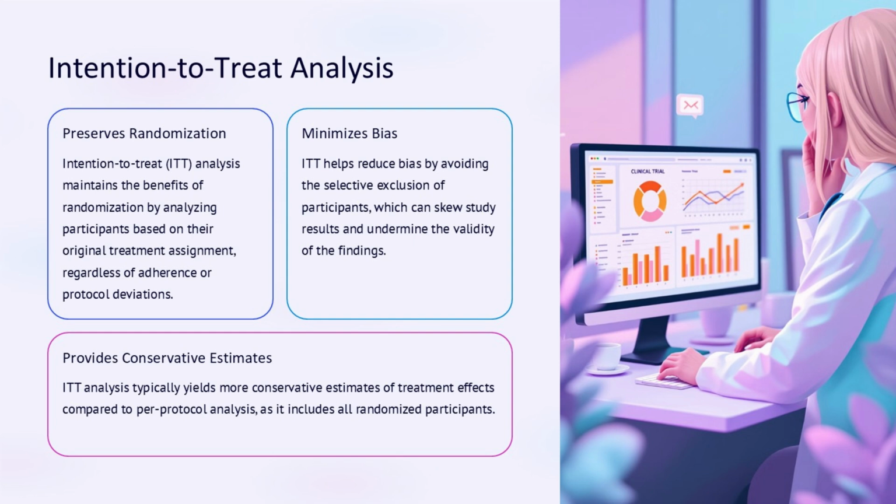Intention to treat (ITT) analysis is a crucial approach in clinical trials that helps preserve the benefits of randomization. ITT analyzes participants based on their original treatment assignment, regardless of adherence or protocol deviations. This helps minimize bias by avoiding the selective exclusion of participants, which can skew study results. ITT analysis typically provides more conservative estimates of treatment effects compared to per-protocol analysis, as it includes all randomized participants. The rigor and attention to detail in ITT analysis are essential for ensuring the validity and reliability of clinical trial